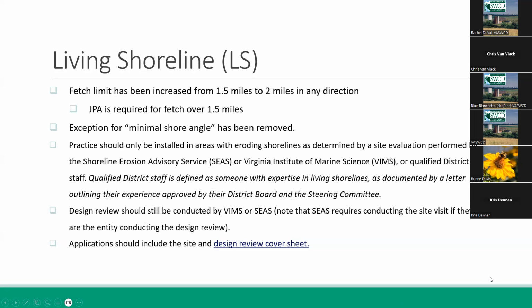This is just showing that CBs or VIMS has assessed the design and said it is appropriate, conditionally approved, or inappropriate. The site assessment component of it, again, can be CBs, VIMS, or a qualified district employee saying erosion is present. I've linked to that sheet. It's on the employee resource page.